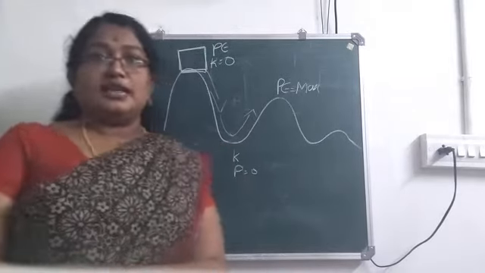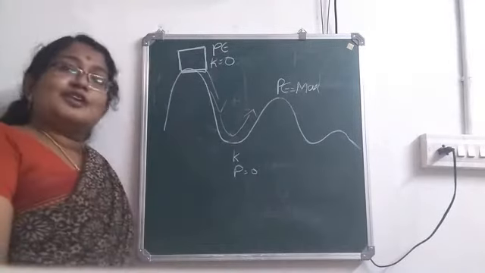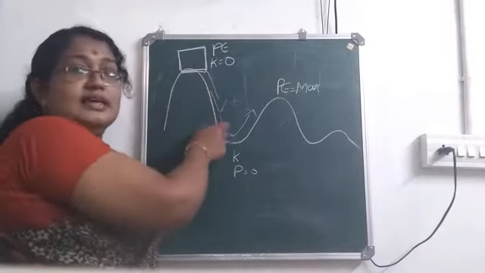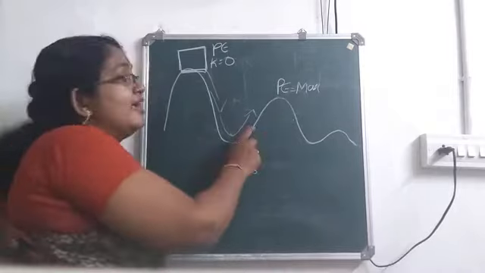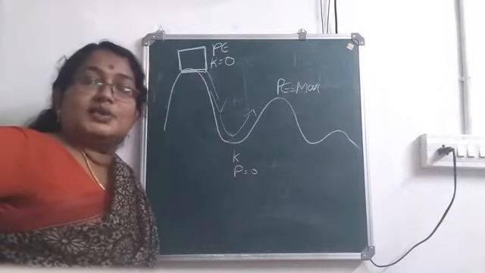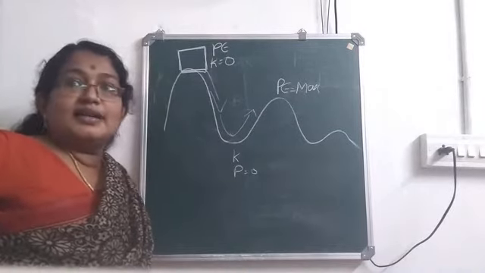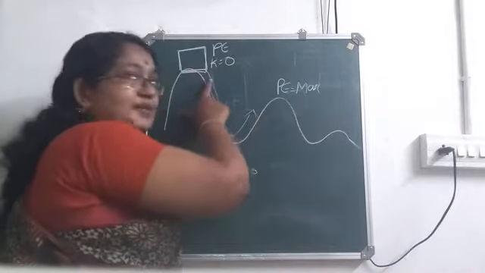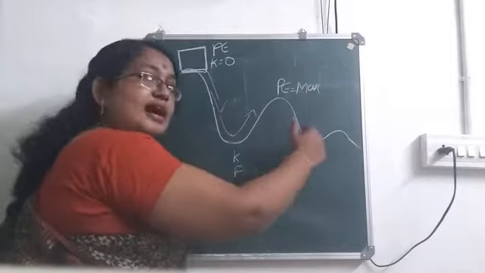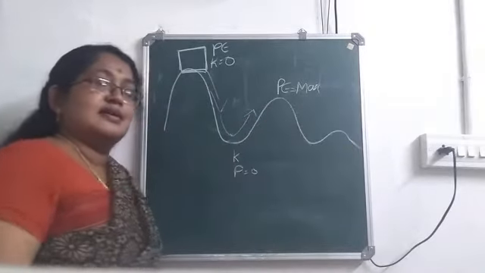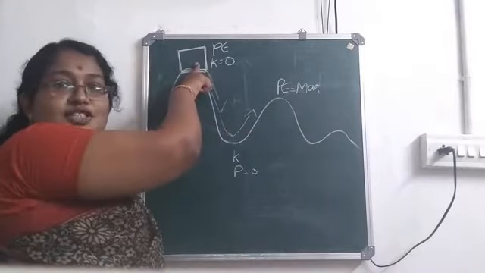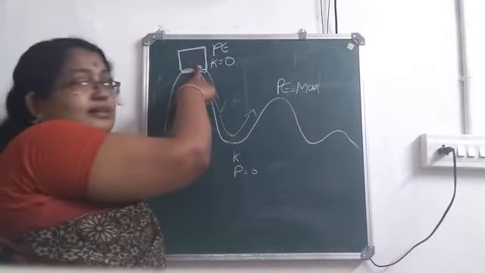Okay. Then one more thing, in a roller coaster, the first hill will be a little bit bigger. Then when you come to the next hill, its height will be less. Have you noticed that? At first the height will be more, then after that the height of the hills will be less. Do you know what is the reason? Maximum potential energy will be there in the first hill.